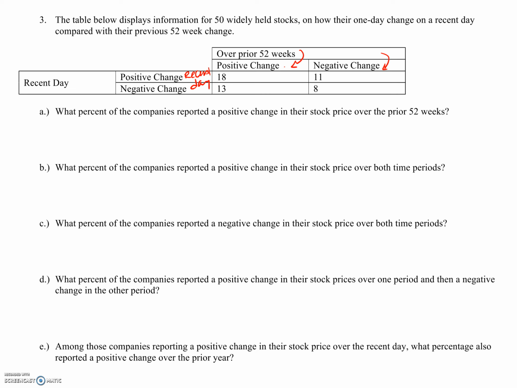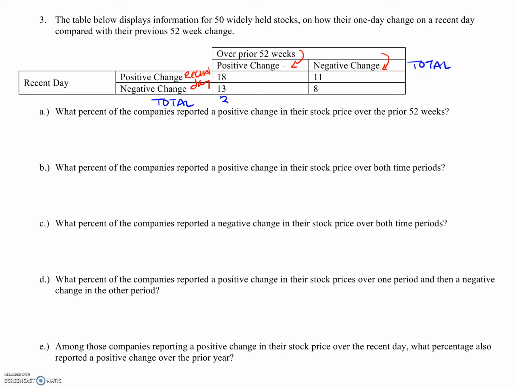The other thing I think makes this table a little bit more difficult to read is the fact that it's sort of missing that total column. So we have to do a lot of addition on the fly for no reason. So it could be very beneficial to go ahead and just add ourselves a total column for both the rows